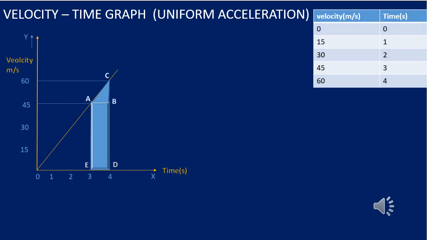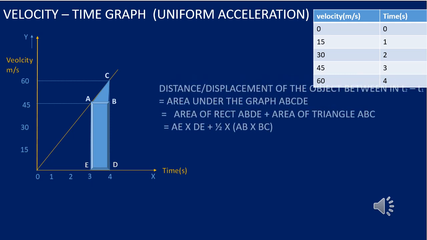We are discussing the velocity time graph for uniform positive acceleration. So in the previous slide, children, you saw how to calculate acceleration. So slope gives us acceleration. So here we'll be discussing how to calculate displacement in the same time interval, 3 to 4 seconds. We already know it, children. We have to take the area under the graph.